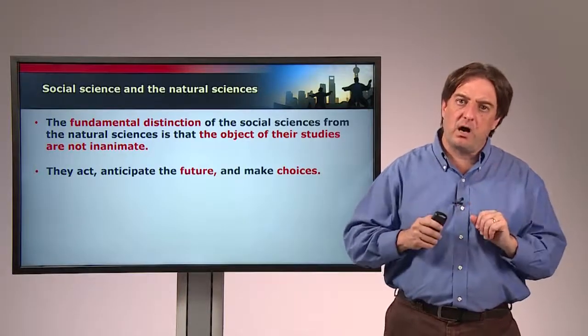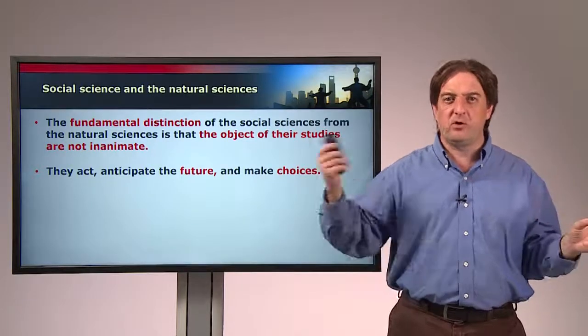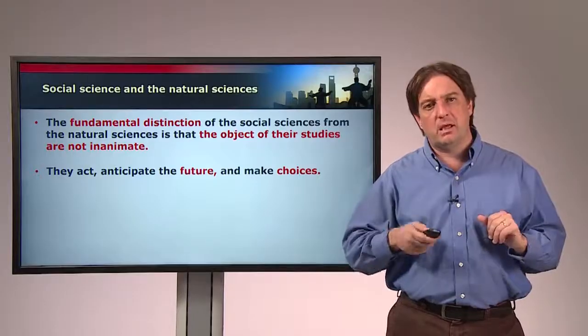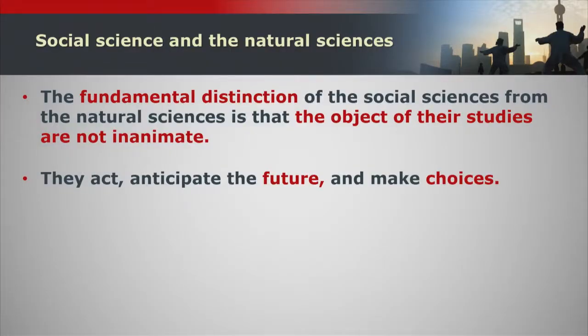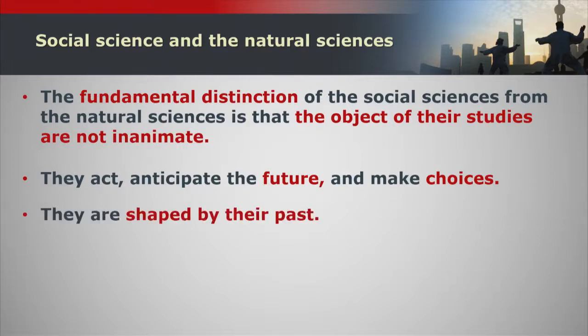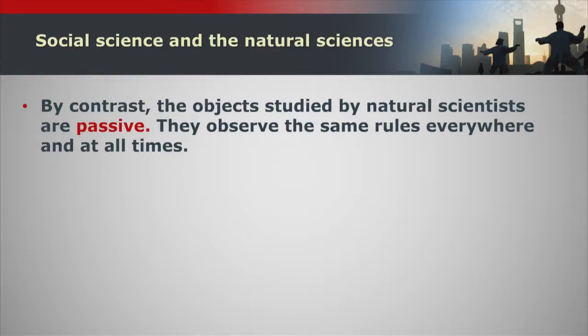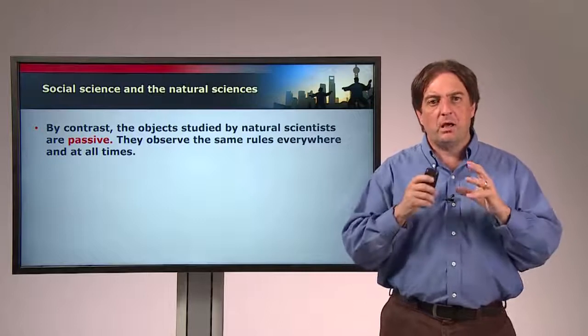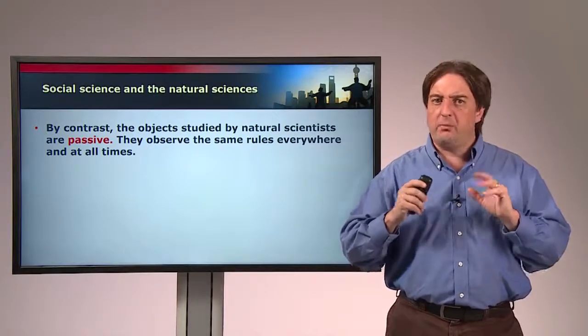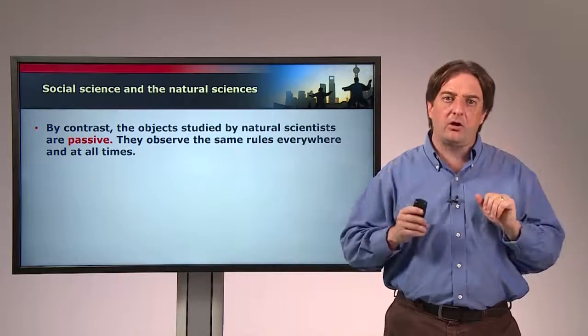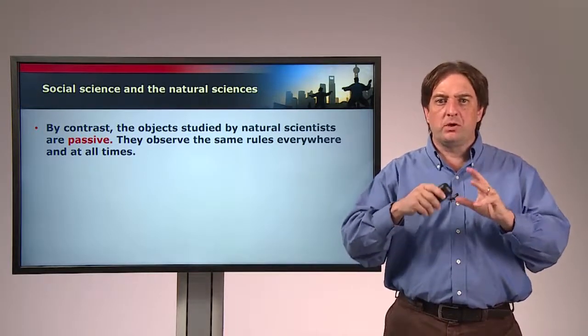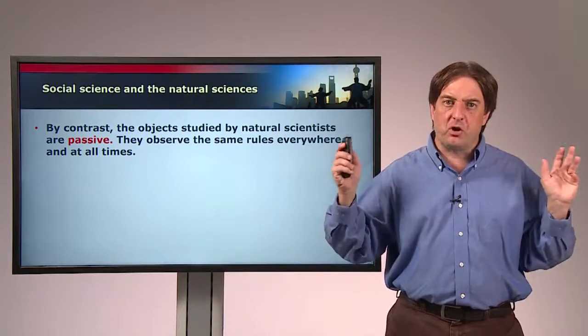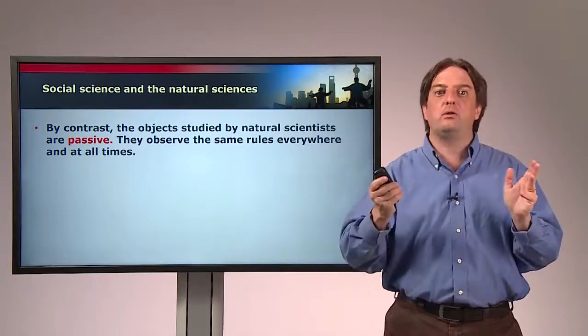So when we talk about the objects of study in social science, people, firms, families, countries, they act, they anticipate the future, they make choices. They're not passive, they are, again, active. They are shaped by their past. By contrast, when we think about the objects that are studied in the natural sciences, stars, molecules, galaxies, rocks, they are essentially passive. They obey the same rules everywhere and at all times. You can study one star and learn something about all stars of the same category everywhere in the universe and